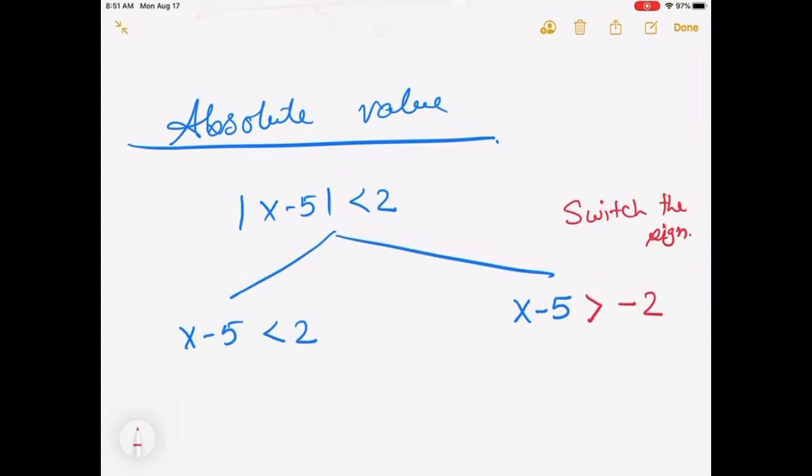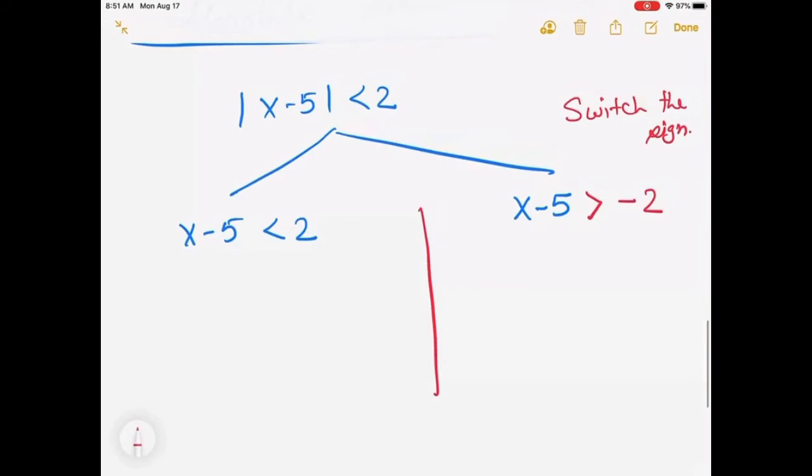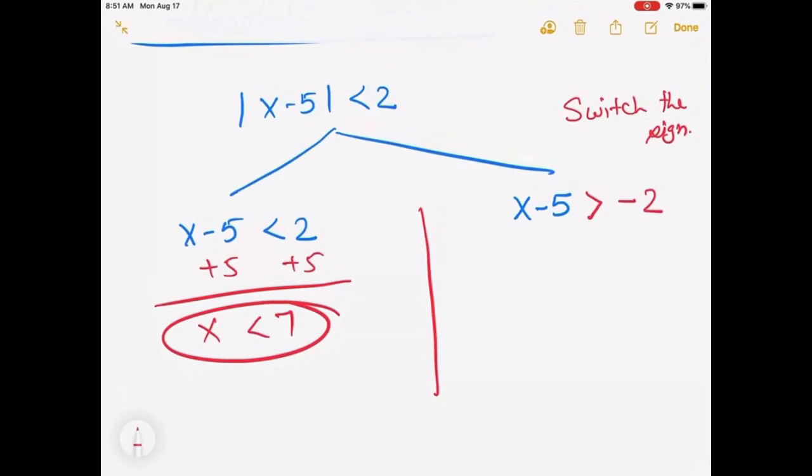Switch the sign and change the sign of the number. And lastly, pretty much you just have to solve each one separately. I would add 5 to both sides. It would be x is less than 7. That's my first one. And if I add 5 to both sides, this is going to be x is greater than